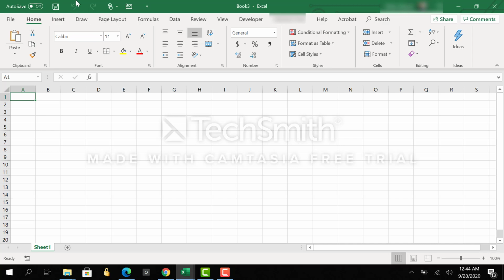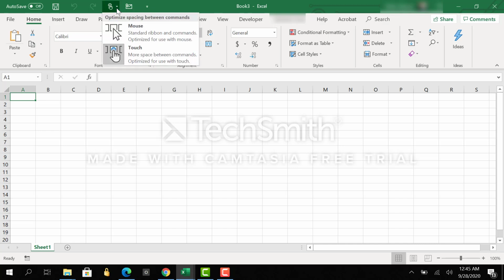If you're using Office 365, and not just a standalone edition of Microsoft Excel, you will see the auto save button. I have also got a touch screen monitor here, so I could potentially use touch if my system is touch screen enabled. I have an option here for whether I want to view this as a standard interface or one more geared towards a touch screen environment.